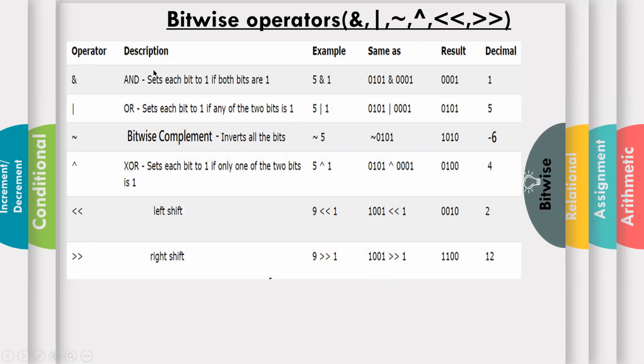To understand how these operators work, you need to know how to convert a decimal number to binary and binary to decimal, because these bitwise operators work in a binary format. Even though you give input, for example, see this one, 5 and 1, 5 is converted into binary. The binary for 5 is 0101. Similarly, 1 in decimal is converted to binary, so it is 0001. Now here, 4 bits and 4 bits. So the last bit and last bit, you consider and apply the AND operation. Then you get this last bit.